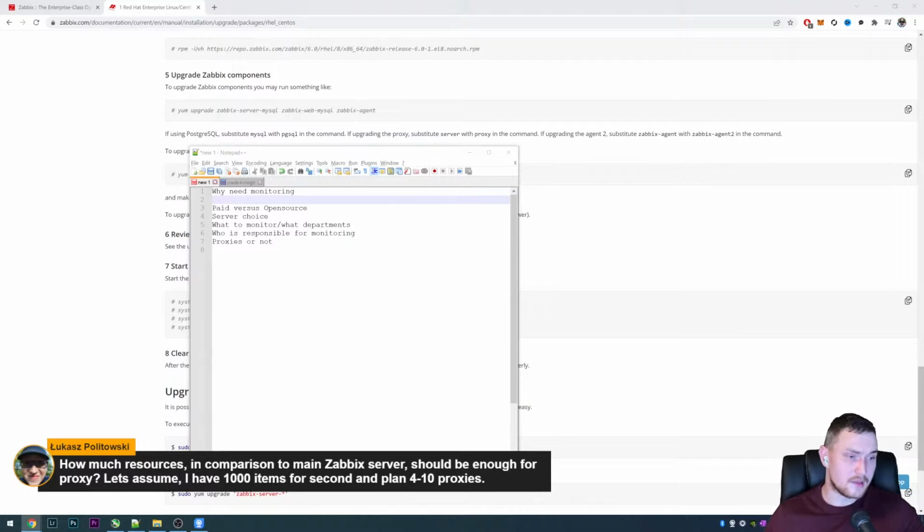Partitioning is highly welcomed, especially on the Zabbix server, not on the proxies. On the proxies, performance-wise, better don't use SQLite. SQLite is good for fast deploying, but it has a performance cap of around 1,000 to 1,500 new values per second. And then you move on from there.